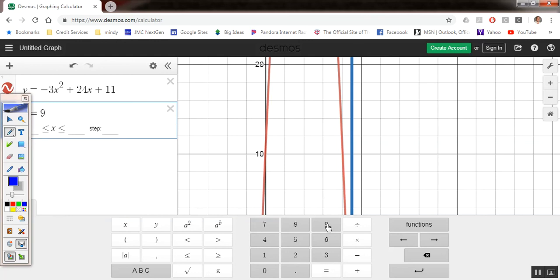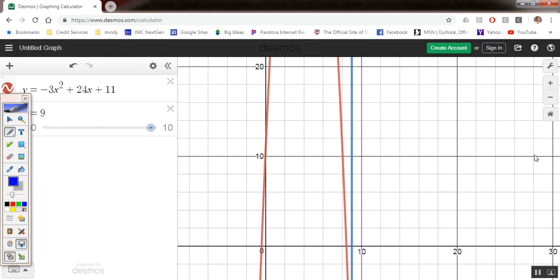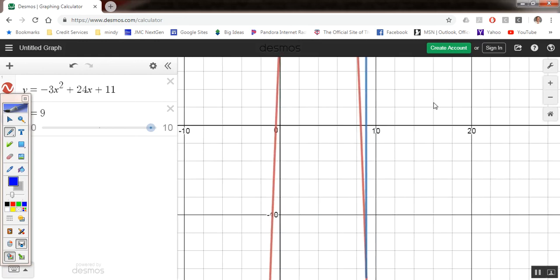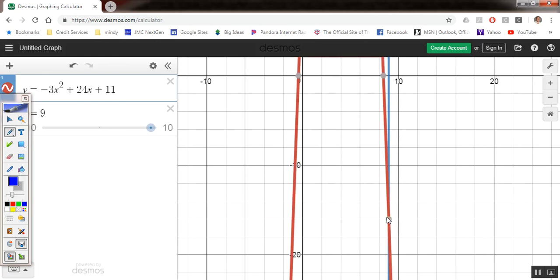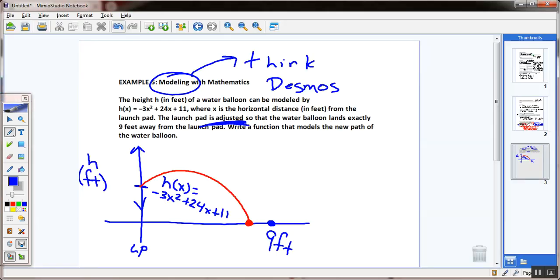So watch what I just did here. I typed in, I want this x distance to be equal to 9. And if you notice right here, kids, I had this 9 line, it's pretty close to this 8.435, but not exactly. Watch what I'm going to do, though. I'm going to come down here and say, you know what? These 2 points actually cross somewhere. They cross at 9, what? If I could take this graph and shift it up how many units? 16 units straight up. Wouldn't this point land right there at 9 then? Okay, so by looking at the graph right here, when I put x equals 9 in here,